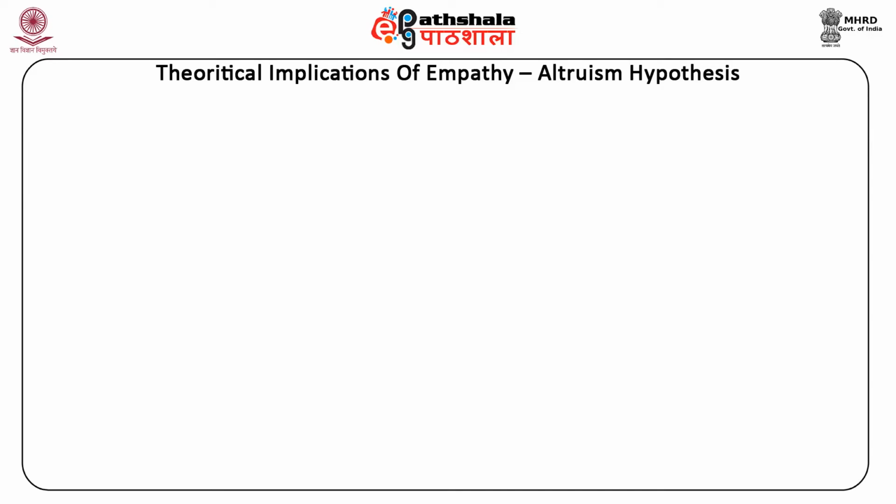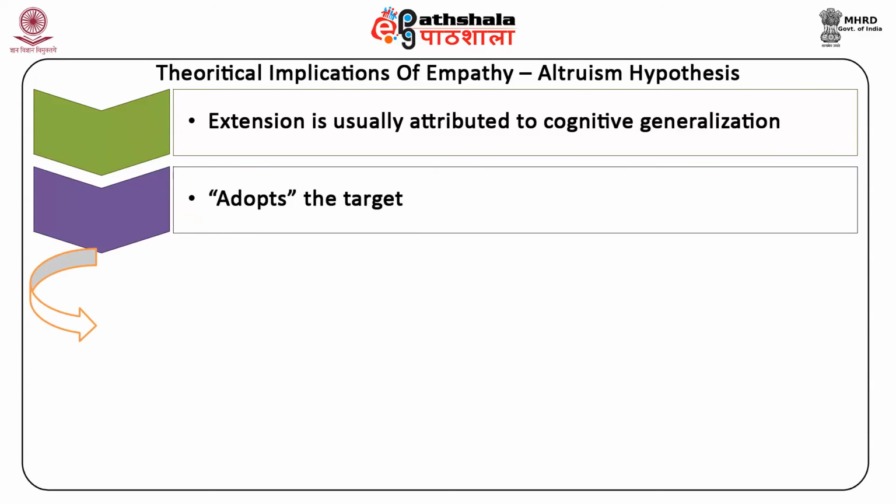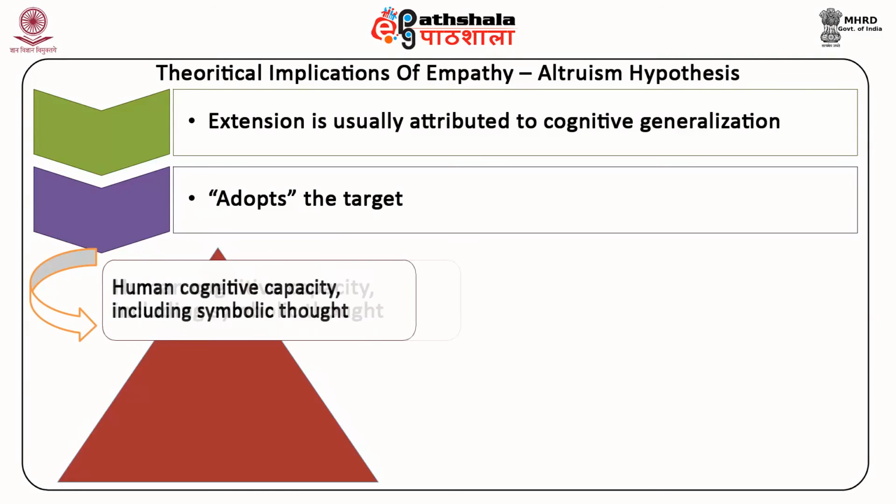From an evolutionary perspective, this extension is usually attributed to cognitive generalization, whereby one adopts the target, making it possible to evoke empathic concern and altruistic motivation when the target is in need. Such cognitive generalization may be facilitated by two factors: A. Human cognitive capacity, including symbolic thought, and